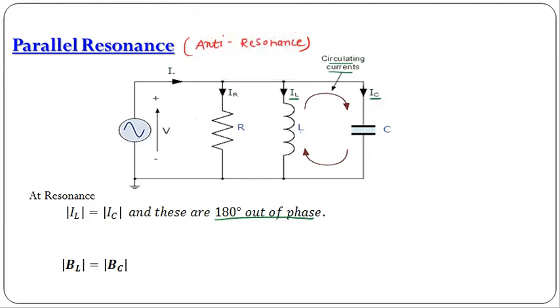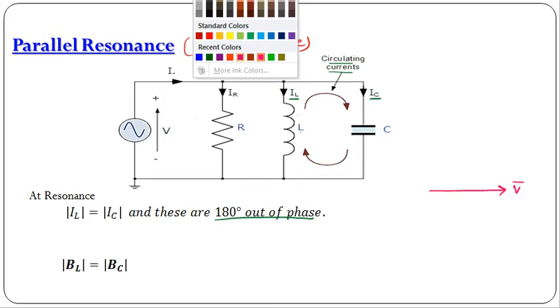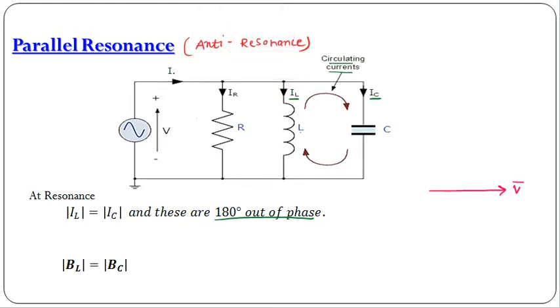Okay, so here R, L, C are connected in parallel, and in parallel the voltage remains the same. So the same quantity we will consider as a reference. That is, I am taking voltage as a reference phasor. Now, what is I of R? It is the current flowing through resistance. We know that in case of resistance, voltage and current are in phase. So this will be the I of R phasor.